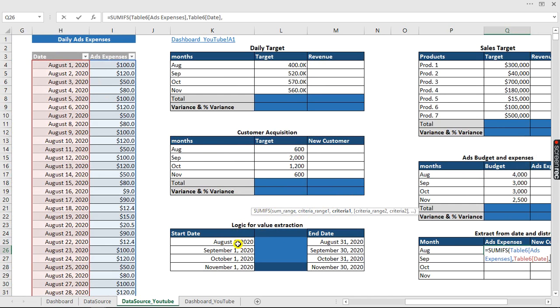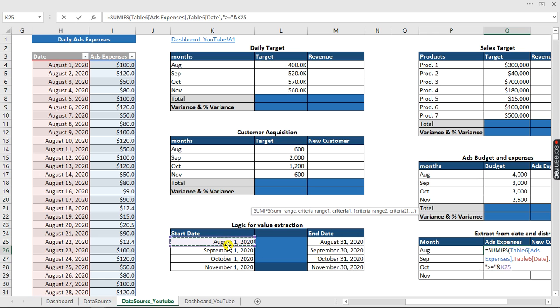So we want to extract August 1st down to August 31st. But how do we do that? It is very simple to write. So the next thing we're going to do, once you hit comma, is type a quotation mark, greater than, equal to, then close it and join it with an ampersand. So this is what I'm trying to do right now. I used a quotation mark because this is not what Excel understands, so I have to put it in quotation marks and join this date. So what I'm trying to do right now is that I want Excel to go and get data from